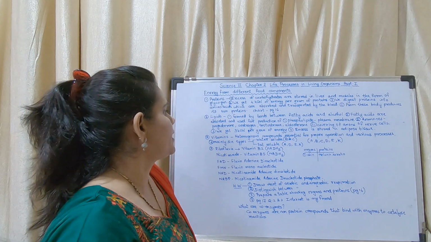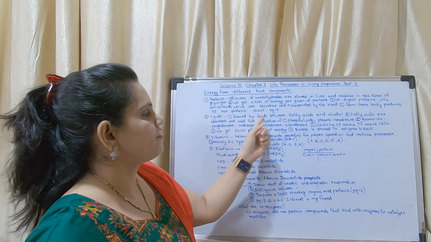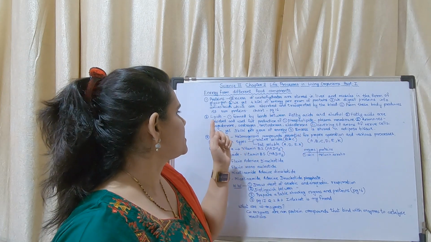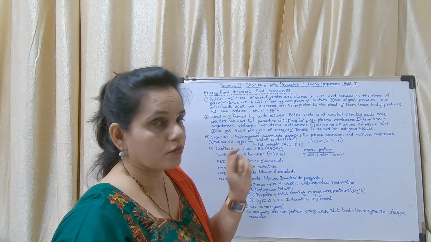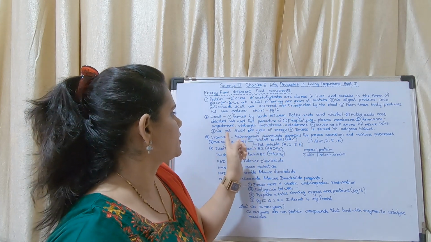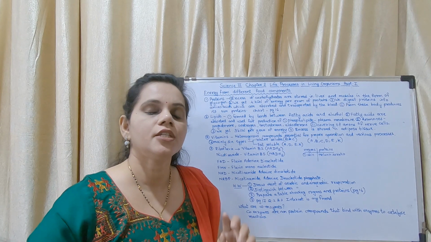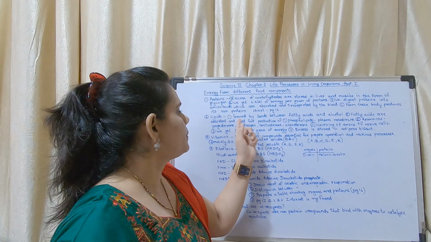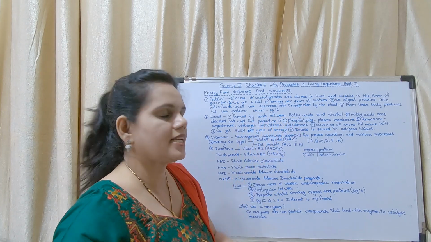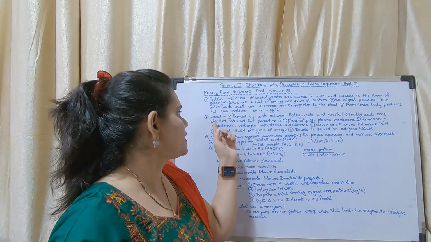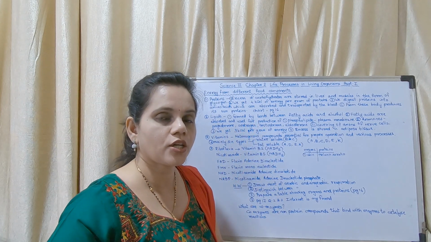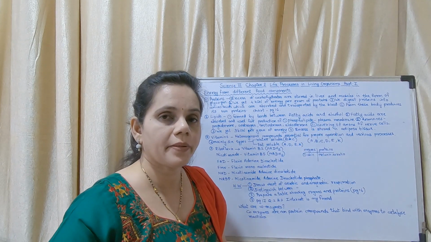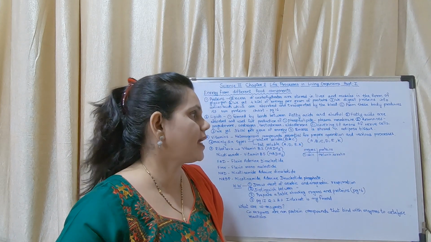Okay, now the next is lipids. Lipids are formed by bonds between fatty acids and alcohol. Fatty acids are absorbed and used for production of. Now these 4 points I have given are very important. You get a short note on lipids. So lipids are formed by bonds between fatty acids and alcohol. Fatty acids are absorbed and used for the production of phospholipids, which are used in production of the plasma membrane or cell membrane of a cell.